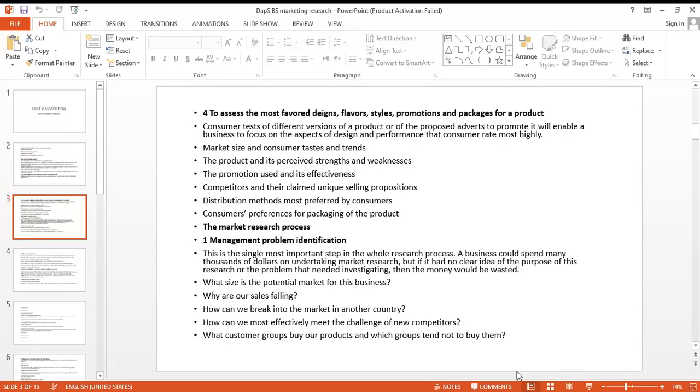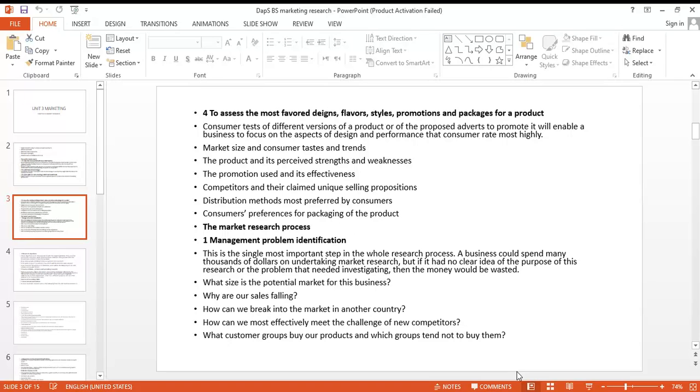It will also tell you about what designs are favored by the customer. It will also tell you what styles are favored, what packages are favored. So that way, in market research, various versions of the product, various designs of the products can be tested on the potential market, and the taste can be determined. What are the strengths of the product, its weaknesses? What are the strengths and weaknesses of the promotion process, of the distribution process? All of these things can be highlighted, and overall, the risk can be reduced.